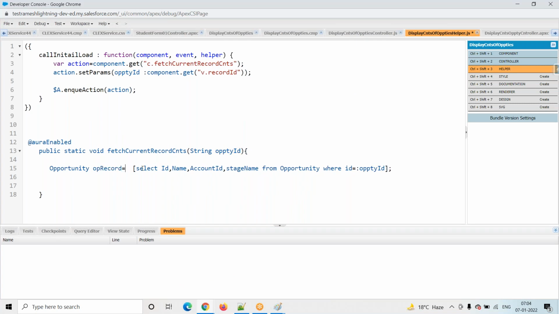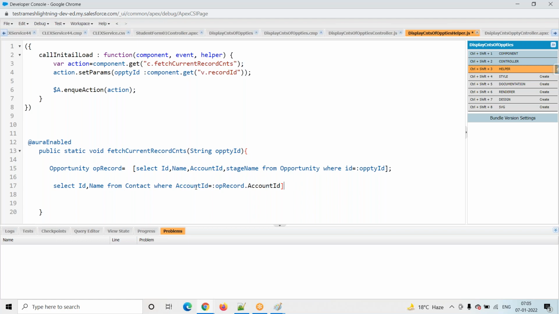Already we discussed this one. Now we are getting the opportunity record id. What is my next step? We want to fetch the contact records. How to fetch the contacts? Select id, name from contact where account id equals the opportunity record's account id.